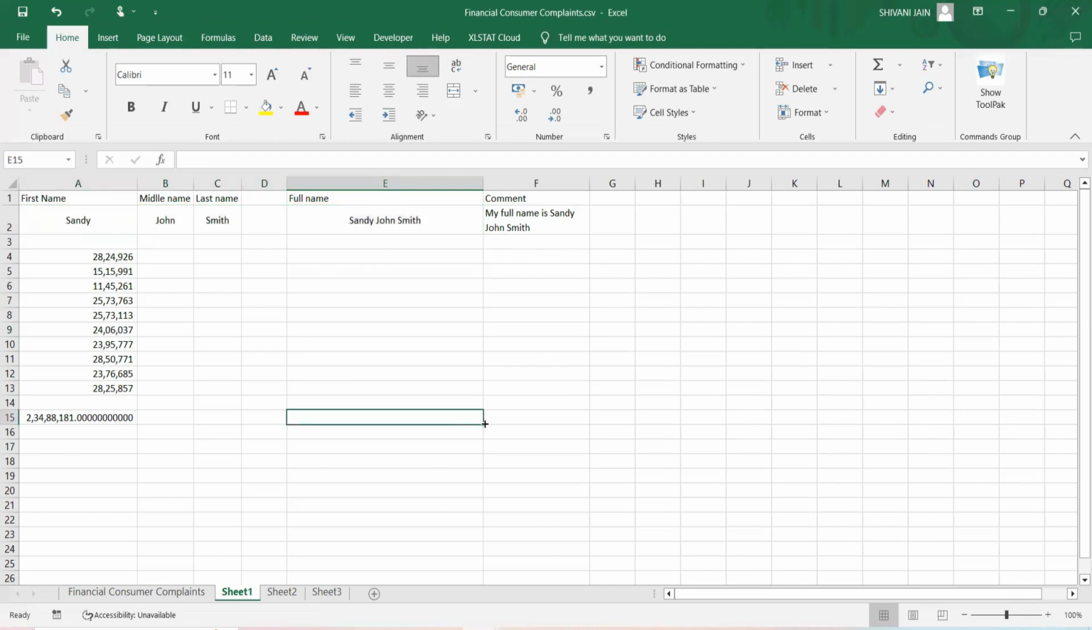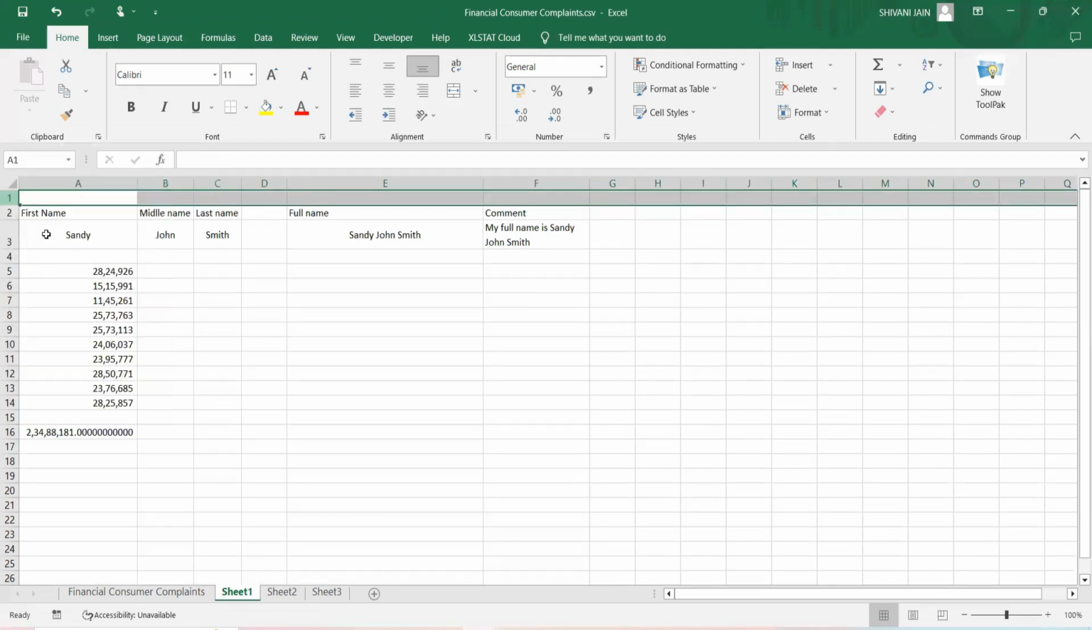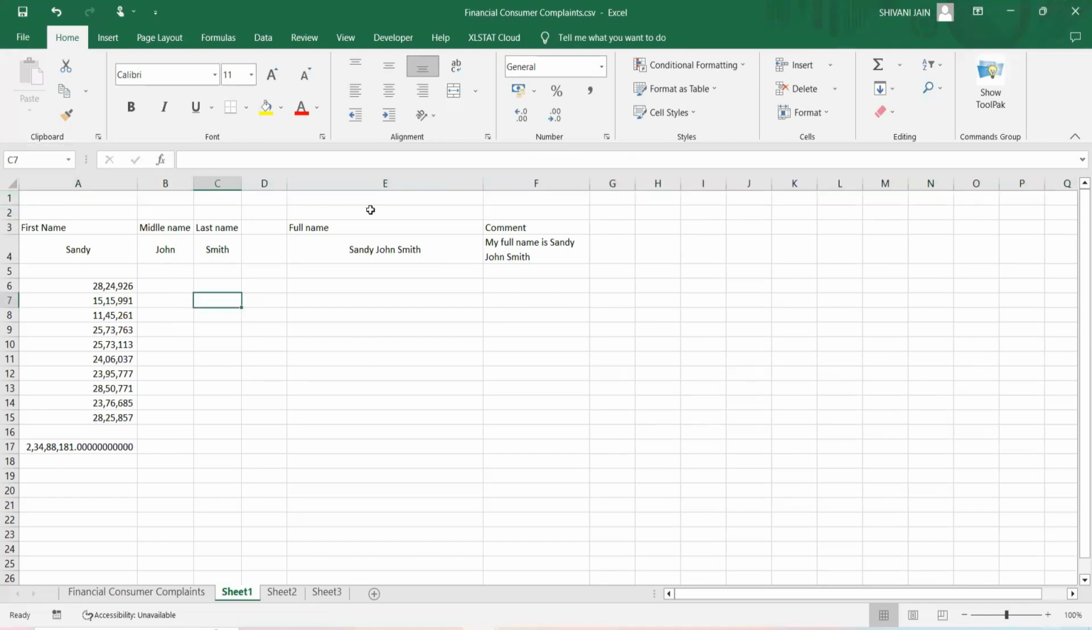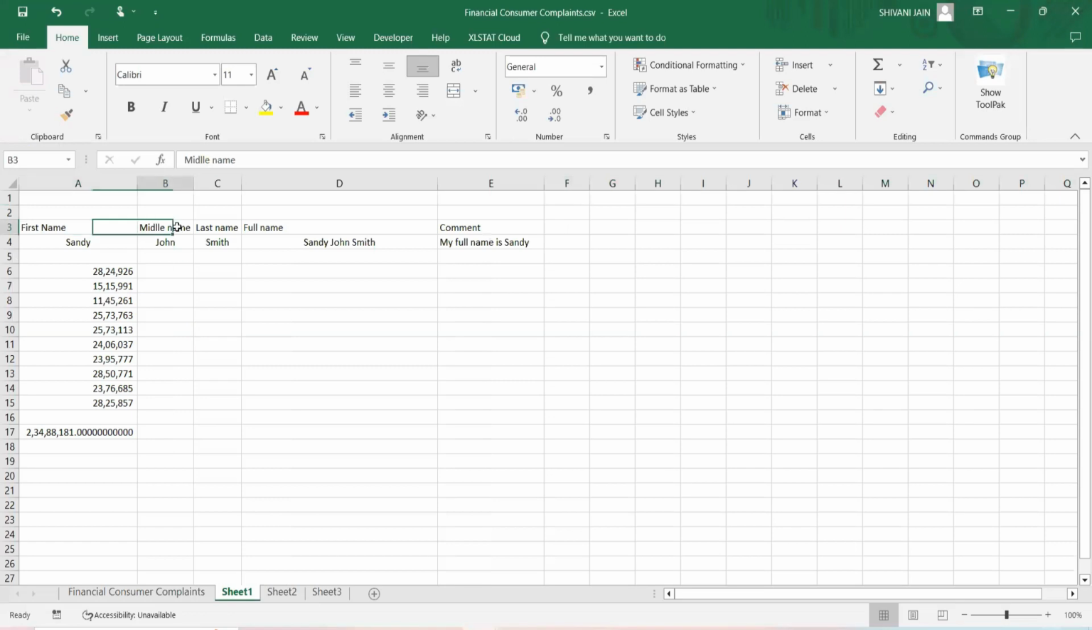Now, the next important function is merging. Let's suppose all these four columns are the name columns: first name, middle name, last name, full name. You want the name to come on the top. Name should be written on the top. So what you can do is simply write